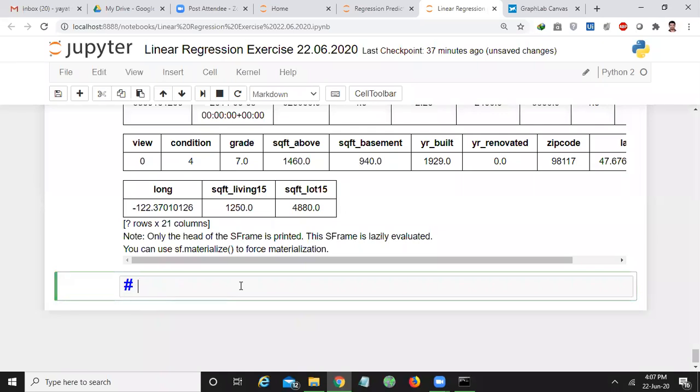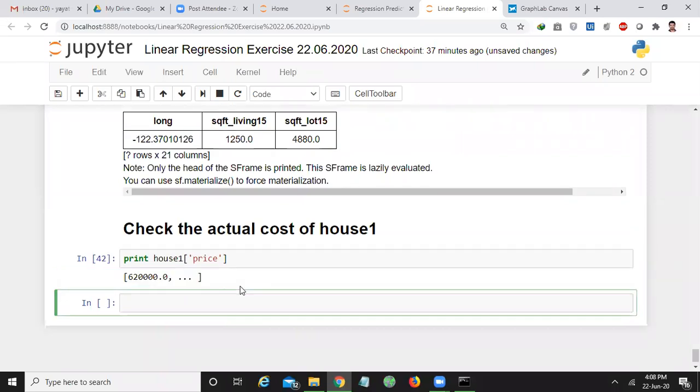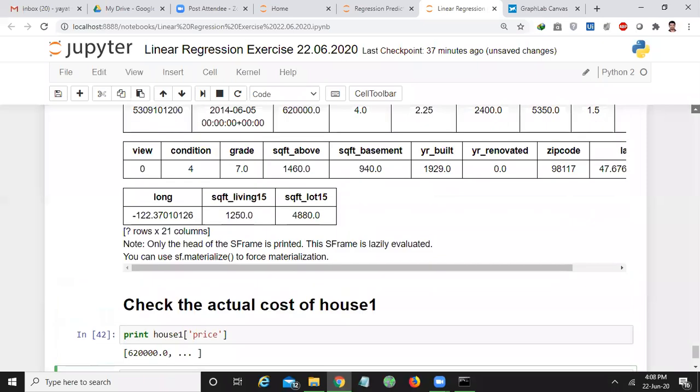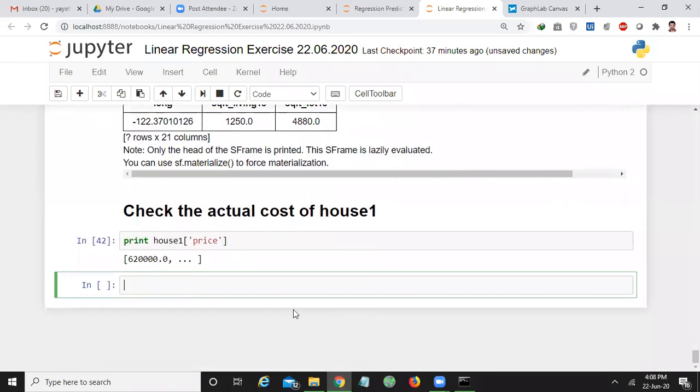Check the actual cost of house 1. That can be known by print house 1 of price. This is the actual cost, 6,20,000, which is what I already told you.